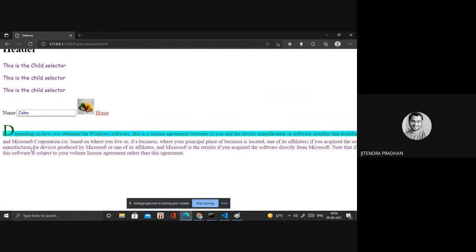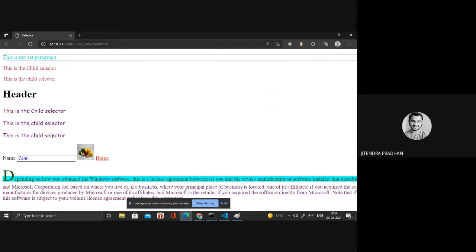Yeah, it's changing. Okay. So according to your requirement, in HTML we would need to define a span before and after that particular letter, then apply a font size, font color, all these things. But in the CSS we don't need to define or write all these things. By using the pseudo element selector we can do that. Okay, if you have any doubt regarding these selectors, you can ask me.